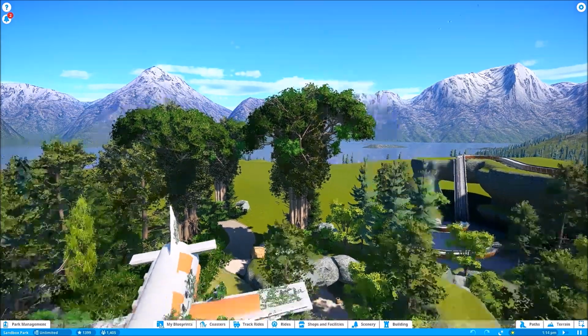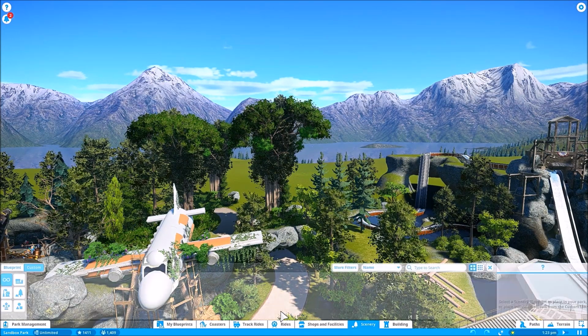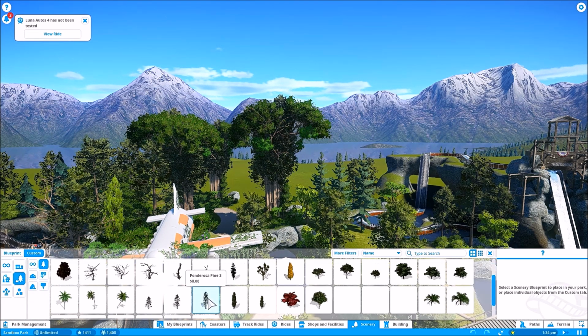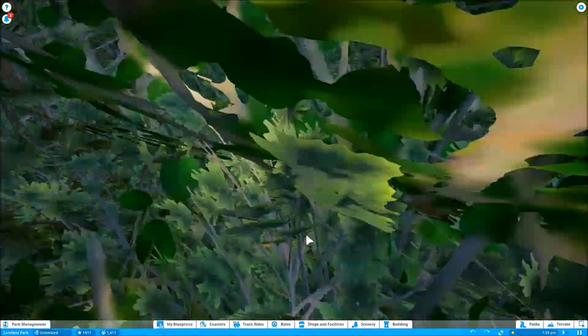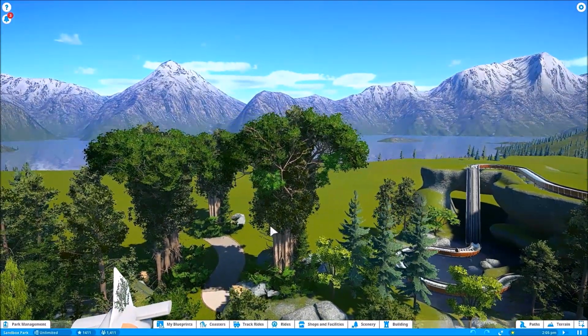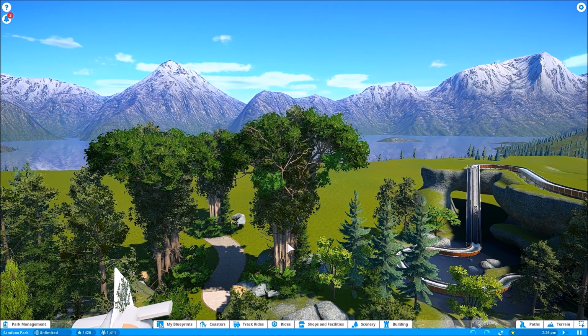What I definitely was lacking is one of the biggest trees in the game, make sure I call it right, yes, the big ponderosa pine. So that was the biggest tree, but to make this look right and make the story believable, I had to mash a bunch of trees together and make these giant trees. So I did it with the ponderosa pines, a bunch of different branches and trees, and I've also mixed in the log pieces to really